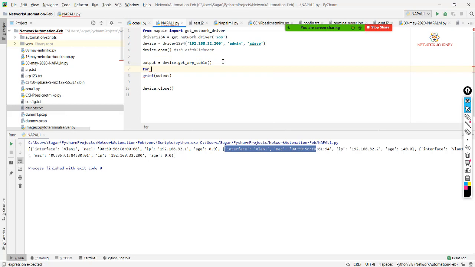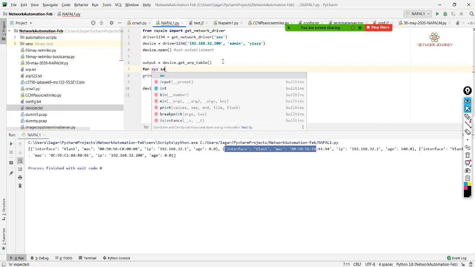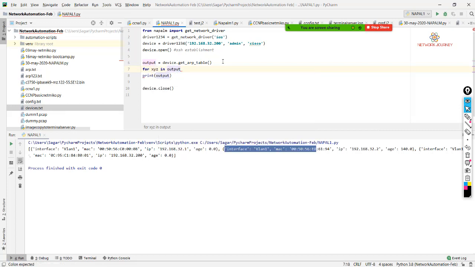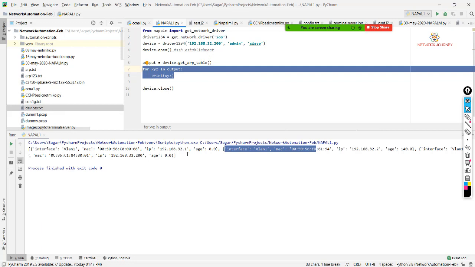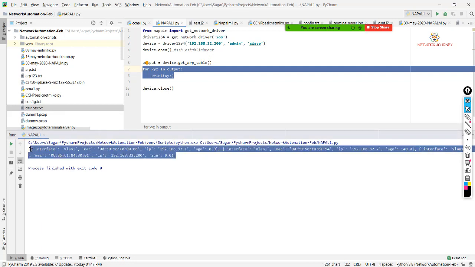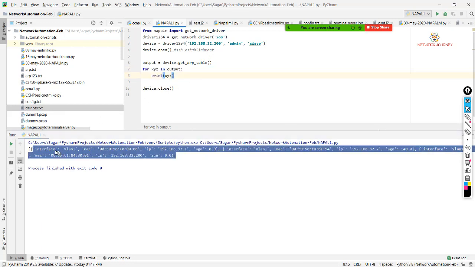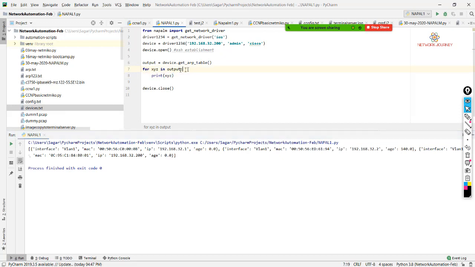Let's say for xyz in output, and then I print this, and my new variable will be xyz, which is in a for loop format. I'm not going to change the data structure. I'm only bringing up the for loop behavior now, that is one below one.